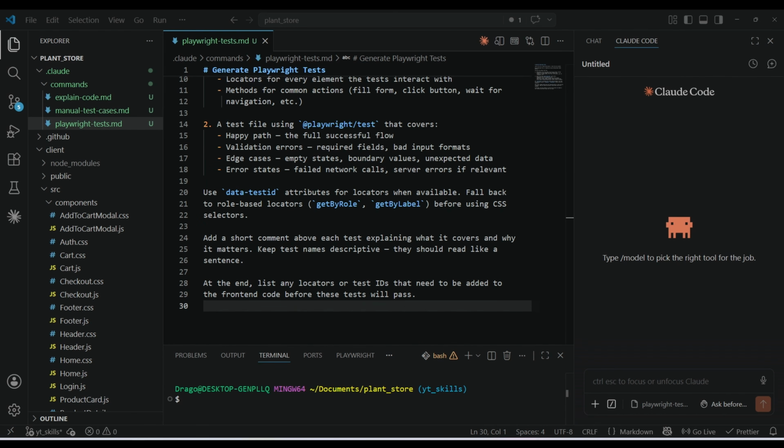Use data-test ID attributes for locators when available. Fall back to role-based locators before using CSS selectors. Add a short comment above each test explaining what it covers and why it matters. Keep test names descriptive. They should read like a sentence. At the end, list any locators or test IDs that need to be added to the front-end code before these